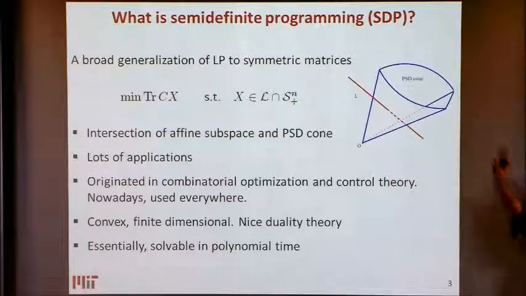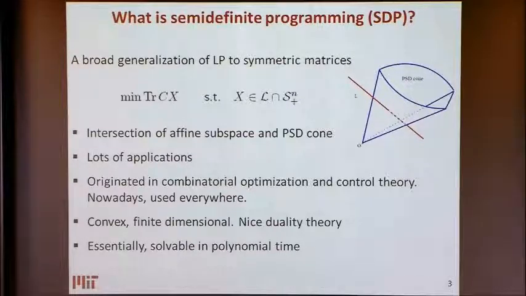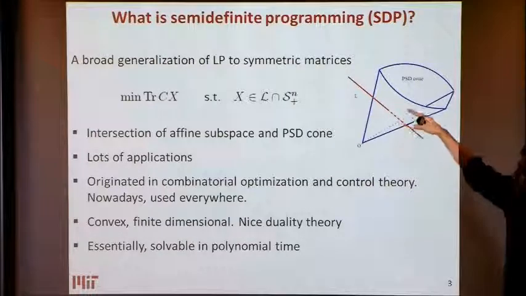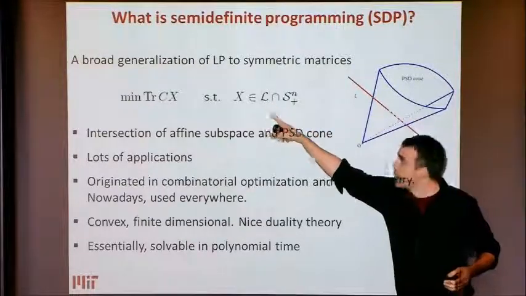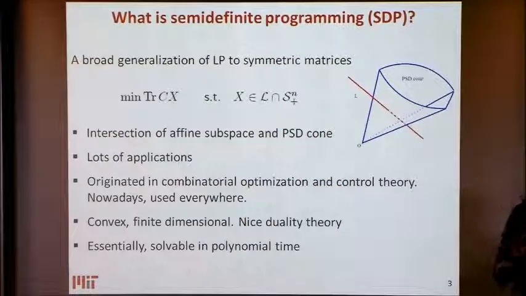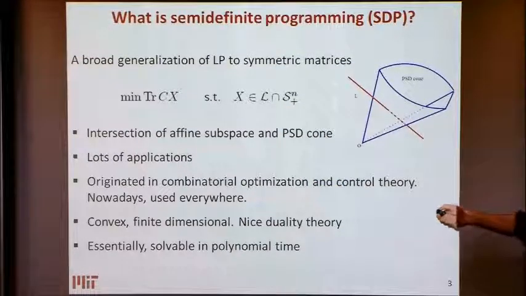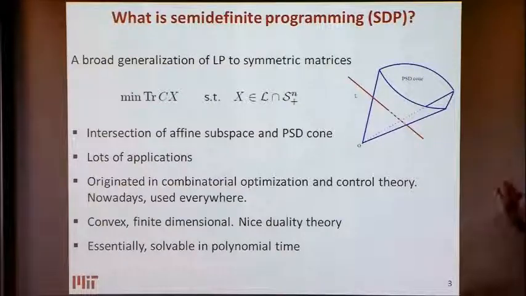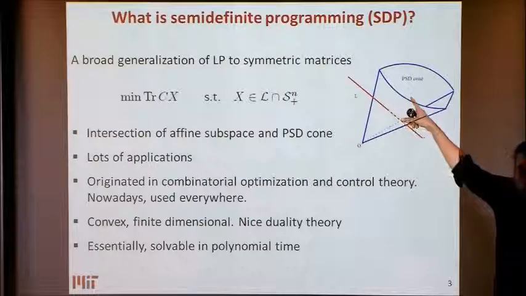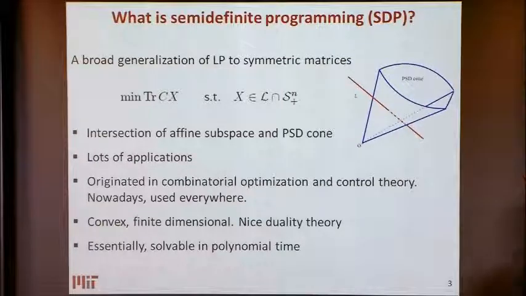semi-definite programming. I will not write things in coordinates as much as I can avoid them. The idea is that what semi-definite programming really is about, we have the cone of positive semi-definite matrices. We're intersecting it with a certain affine subspace. Let me call it L. So my feasible set is the intersection of this affine subspace and my cone, and I'm minimizing some linear function over this intersection. So it's really a cone, a subspace, and I optimize over this intersection. And just as a comparison, if this cone was an orthant, the non-negative orthant, this would be exactly linear programming.